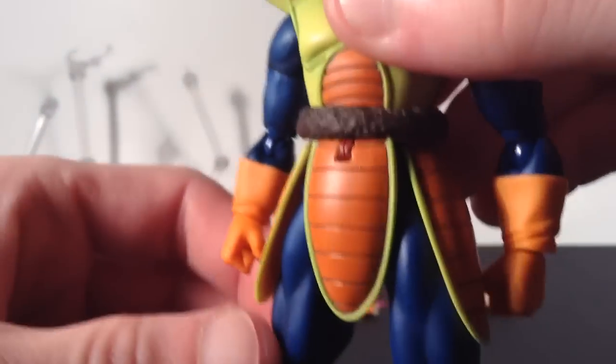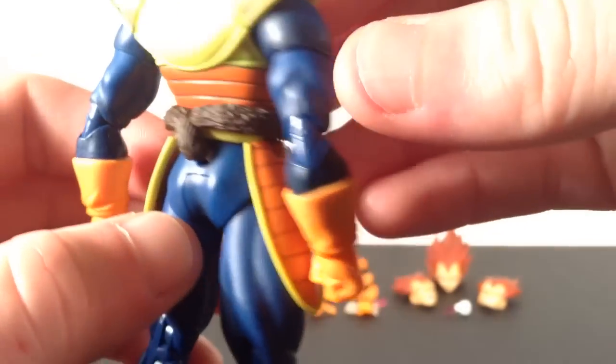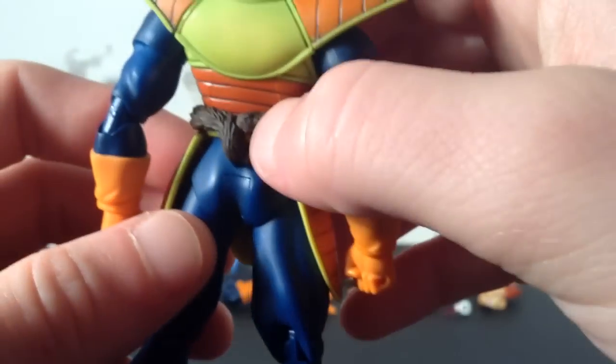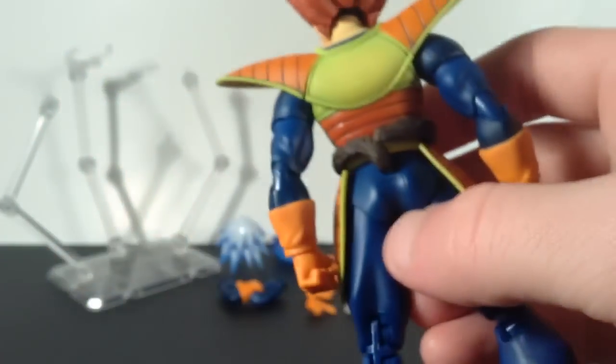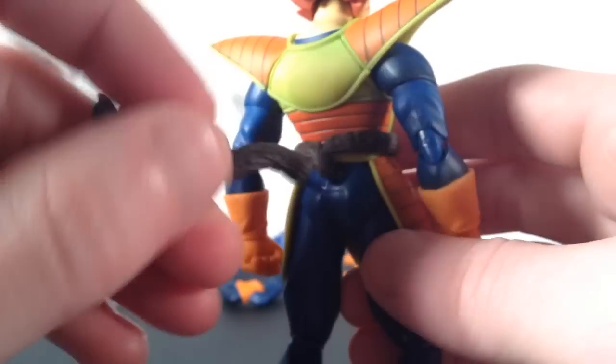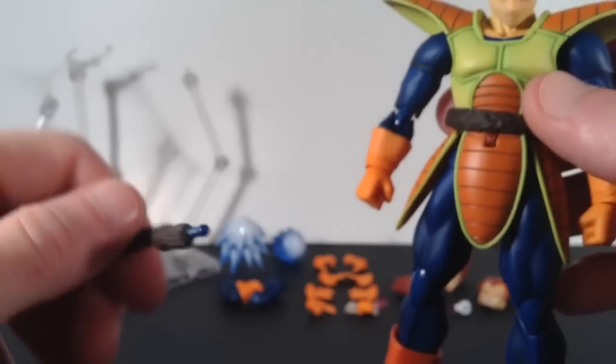And then the one that's wrapped around the waist right there. Really cool looking. But the way you interchange it, this is where you peg it in, right here, on this one. So you could just peg in this tail if you would like, and then you just have his tail just chilling right there. So pretty cool that he comes with the option for 2 different tails,